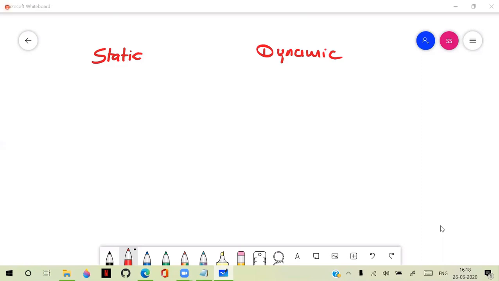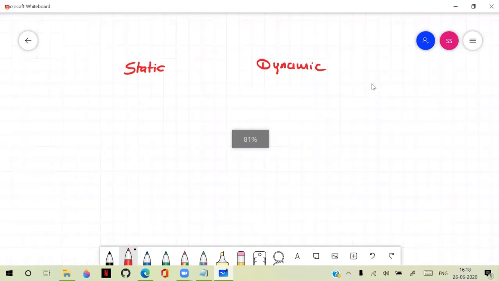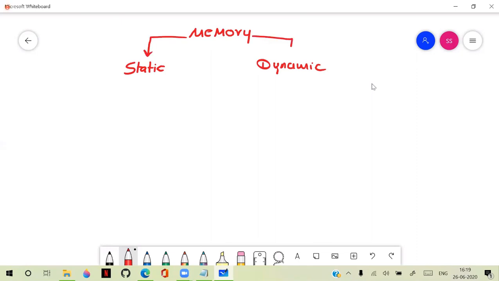So here the point is, what is static and what is dynamic actually? Generally, first you should know that static and dynamic are words related to memory. So we have static memory and we have dynamic memory. What is the nature of the difference between static and dynamic? Actually,